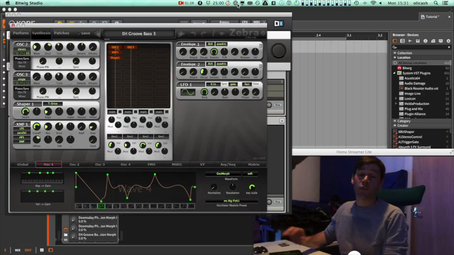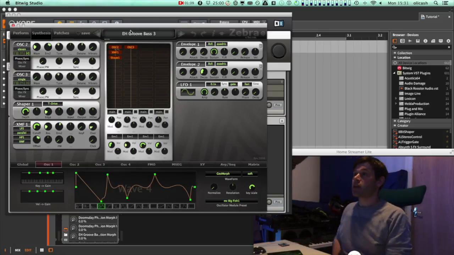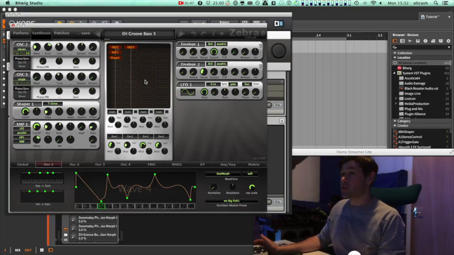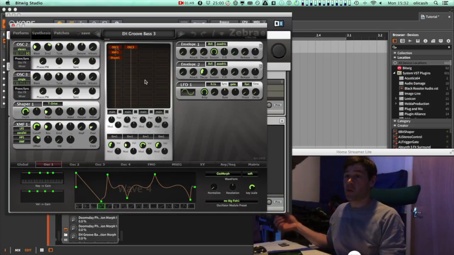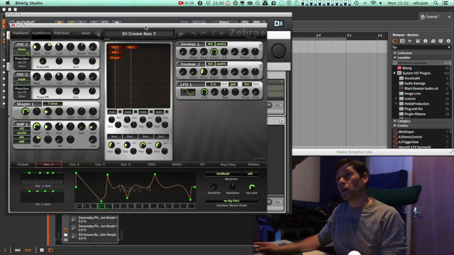I'm not going to do a full video on Zebra because it would take hours and hours, but I'm just going to explain this sound, and you'll start to be able to work with it once I've done that. So when you look at the Zebra window, you've got this grid in the center here, and in each block you can load a different sound generator or sound processor, so an oscillator or a distortion or a filter, or some more crazy ones like ring mod or whatever,